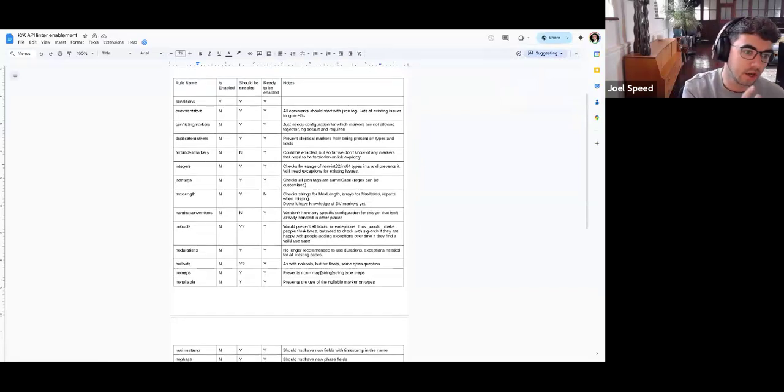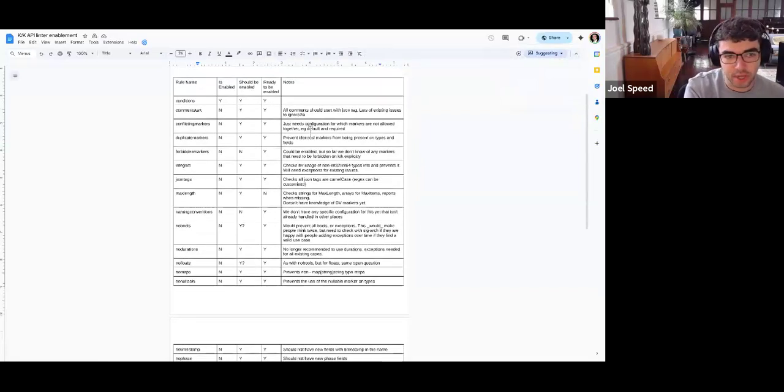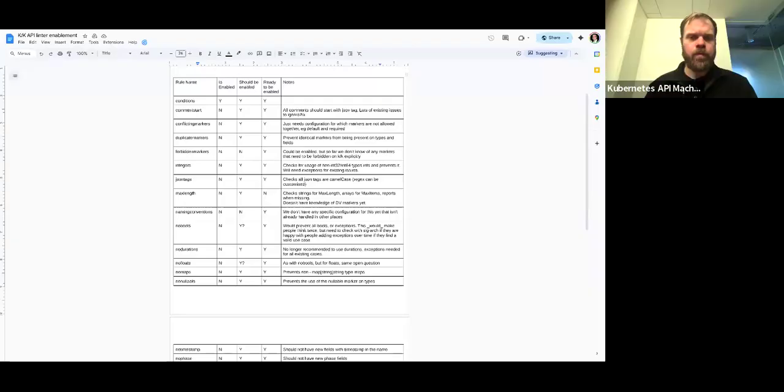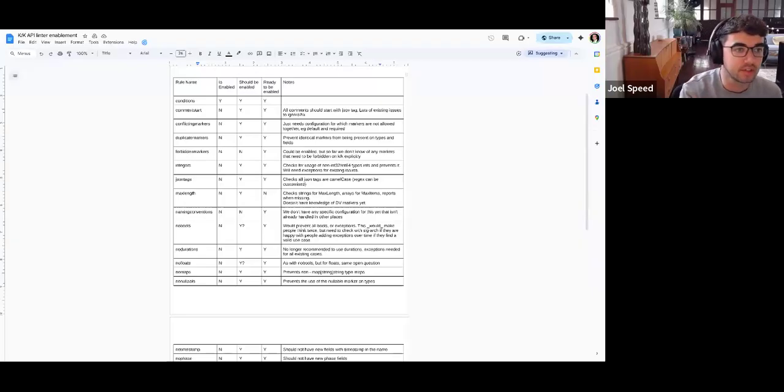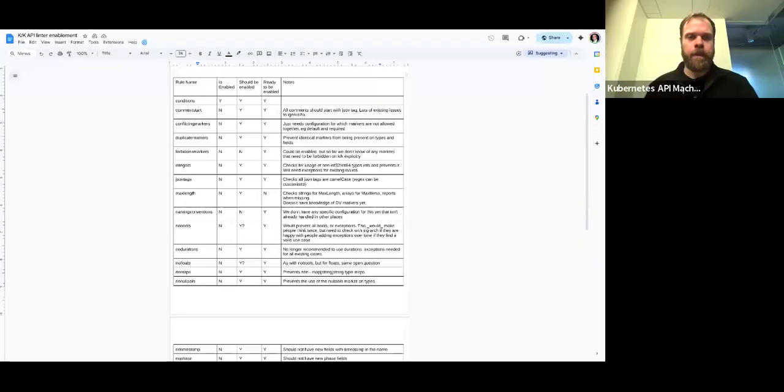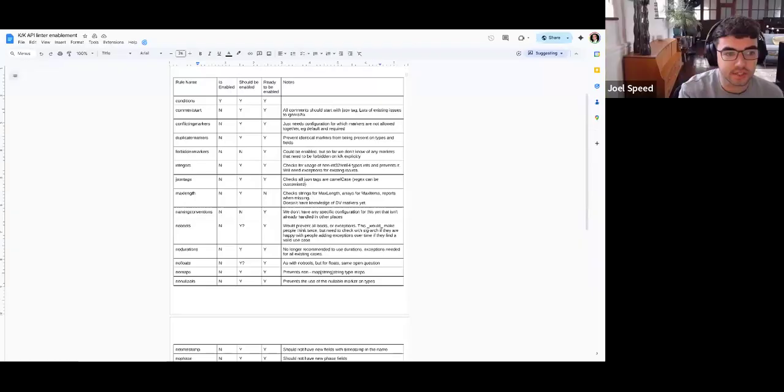So things like comment start, making sure that every Go doc starts with the name of the field as it would appear in the serialized version, rather than the Go version that you'd see. That's something we can just start getting enabled. The primary barrier to enabling a lot of these is that we don't want to break existing things. So a lot of these, it's a case of finding the exceptions and then adding Golang CI exceptions or fixing them where they are fixable.